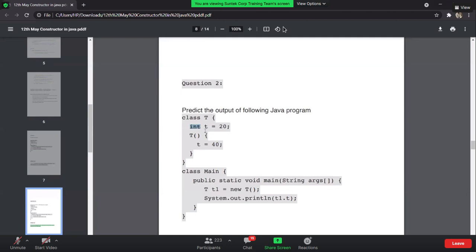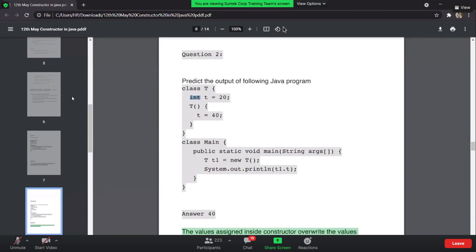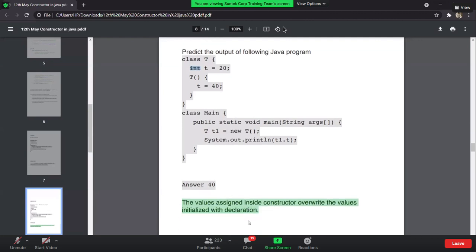So let's have a look at the output. The output is going to be 20. The reason is that since we call t1 is equal to new T, the value assigned inside the constructor overrides the value initialized with the declaration. So what is the value we have defined over here? It is going to be 20.